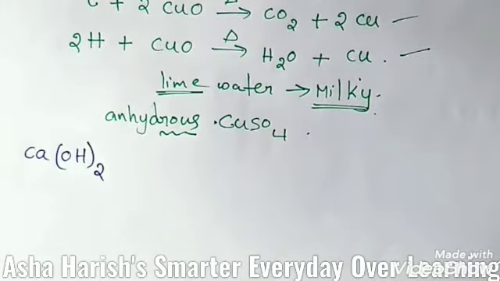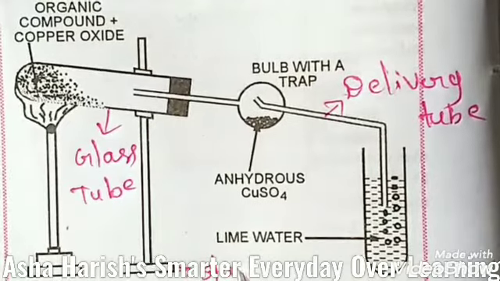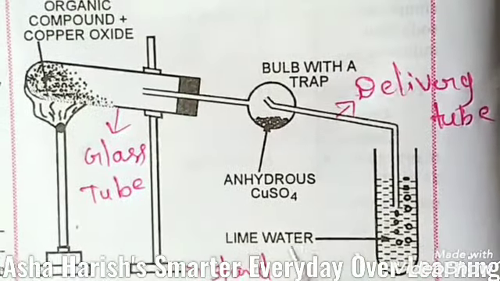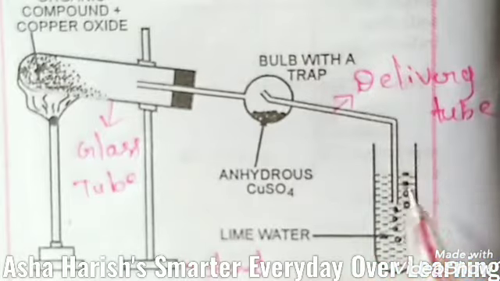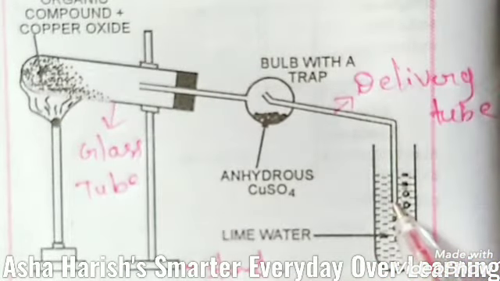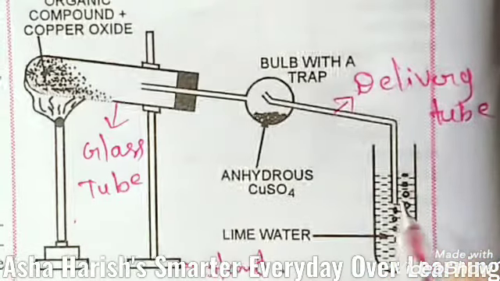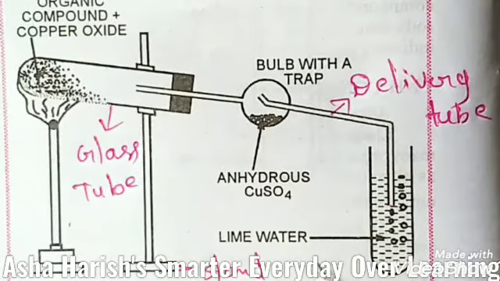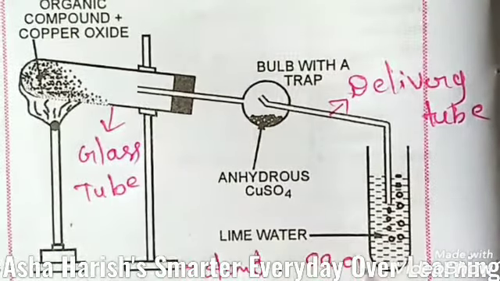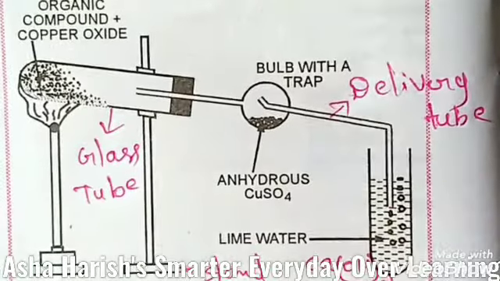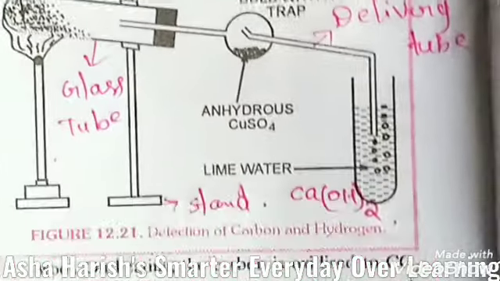Okay, this is a glass tube, just like a boiling tube. Here you can see the Bunsen burner, or you can take a spirit lamp instead of this. Here is a stand. The other end of the delivery tube, here is the second end, you can dip in lime water. This is lime water, nothing but calcium hydroxide, Ca(OH)2, calcium hydroxide.